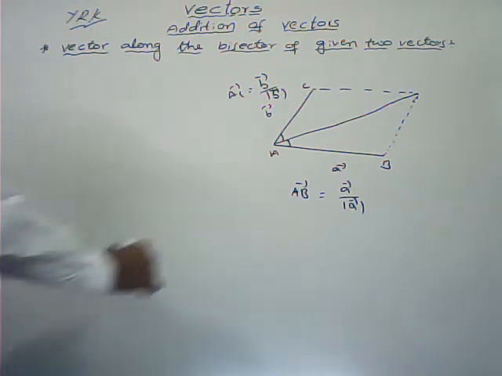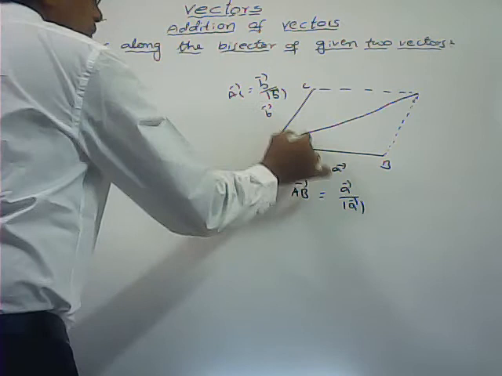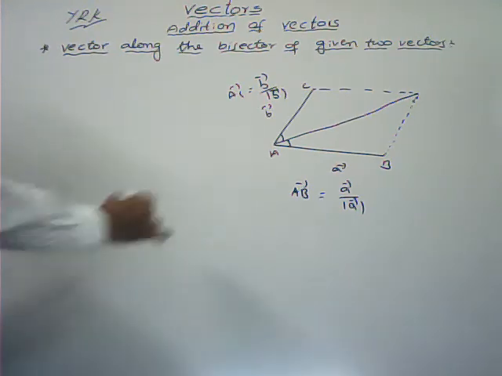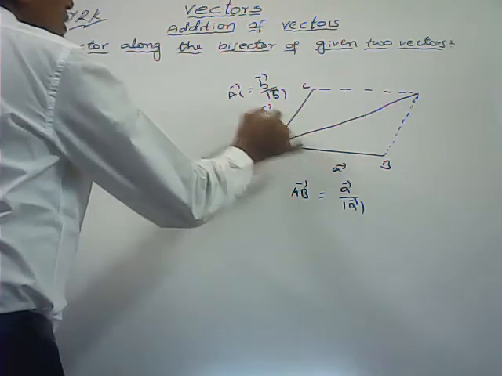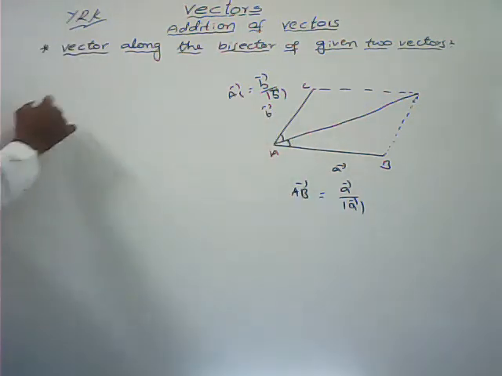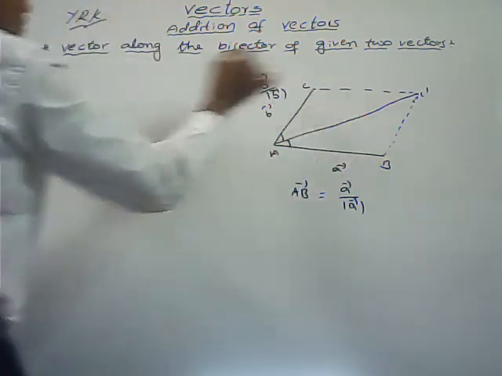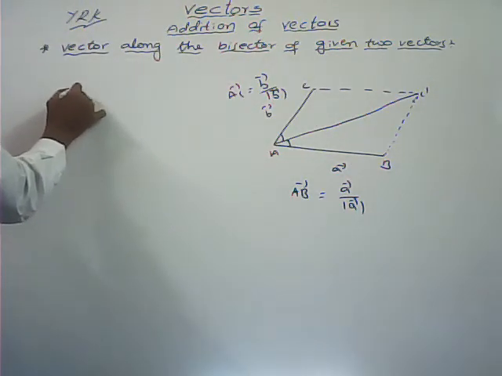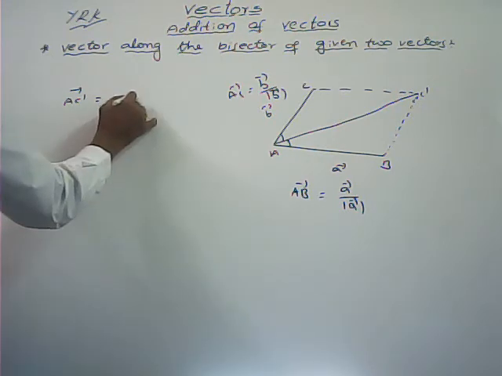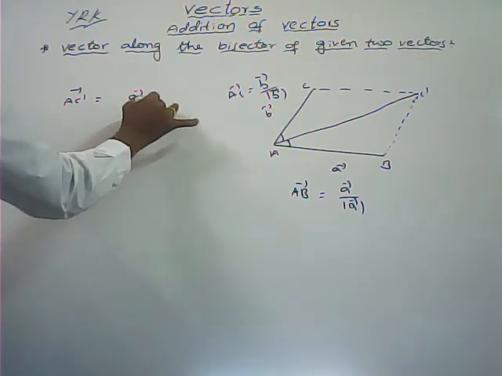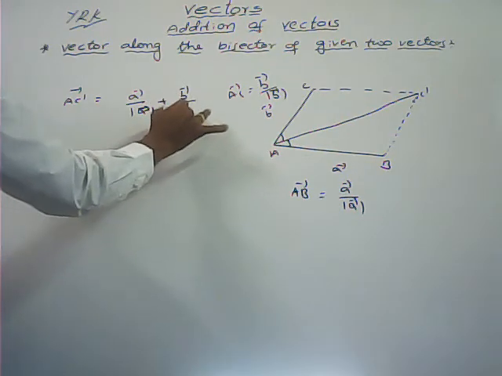Now in this, this is the diagonal. Here the parallelogram law of addition is also there. What is that one? Here the diagonal represents the sum of these 2 adjacent sides only. So here this one I am taking C dash, otherwise you can take anywhere. AC dash bar is equal to A bar by modulus of A bar plus B bar by modulus of B bar.